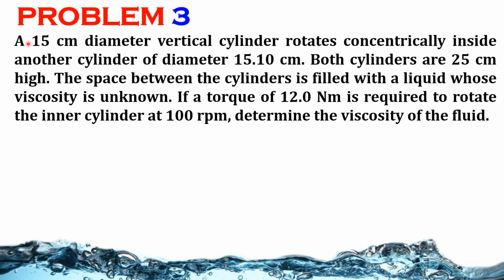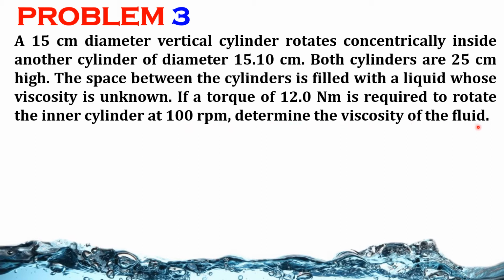Problem number 3. A 15 centimeter diameter vertical cylinder rotates concentrically inside another cylinder of diameter 15.10 centimeter. Both cylinders are 25 centimeter high. The space between the cylinders is filled with a liquid whose viscosity is unknown. If a torque of 12 Newton meter is required to rotate the inner cylinder at 100 rpm, determine the viscosity